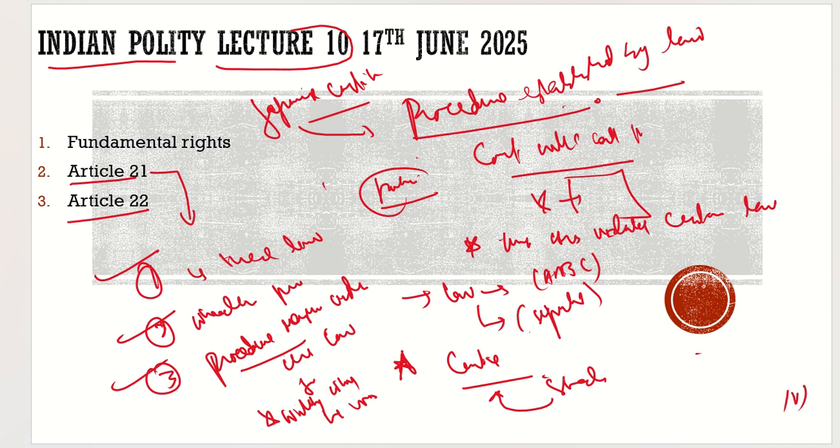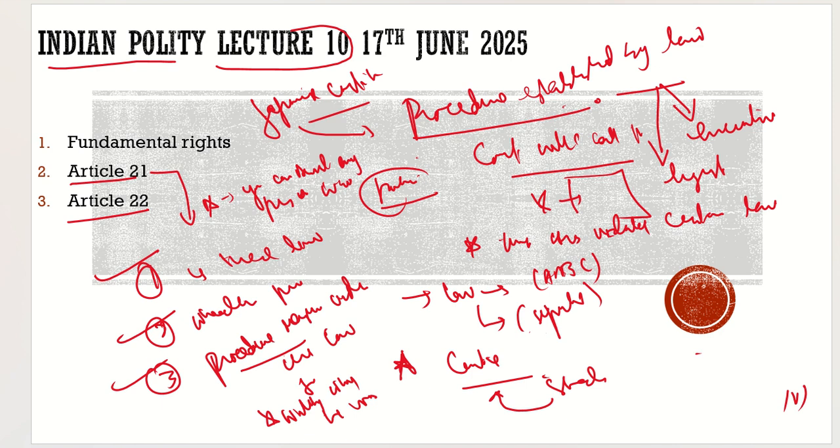You are protected against, judiciary protects you against whom? Against executive, but it does not protect you against the legislature. Now let us suppose there is a law which says that if you are taken to jail, if you are arrested, there is a law. Suppose the parliament will come up with a law which says that you can arrest any person